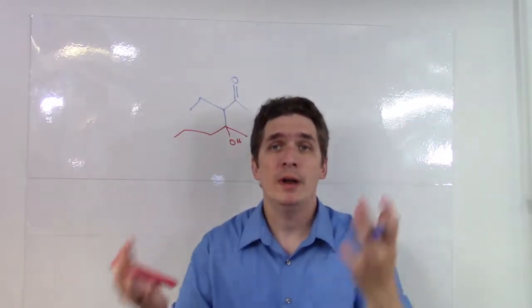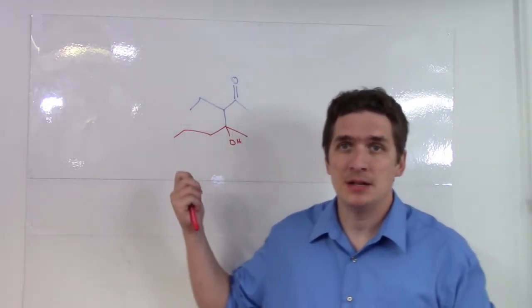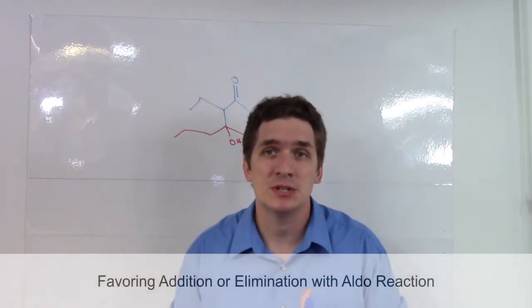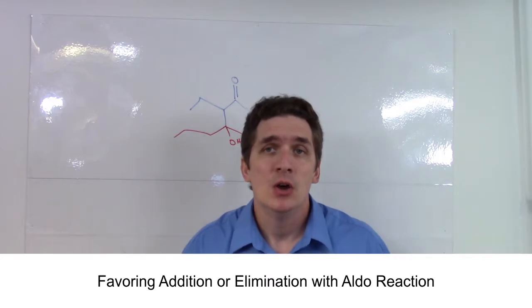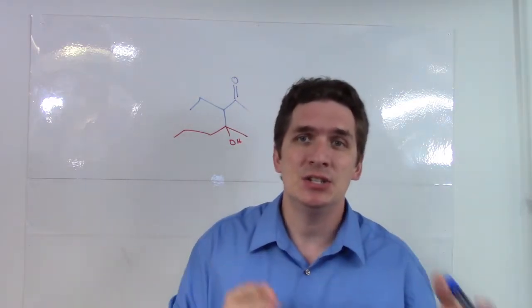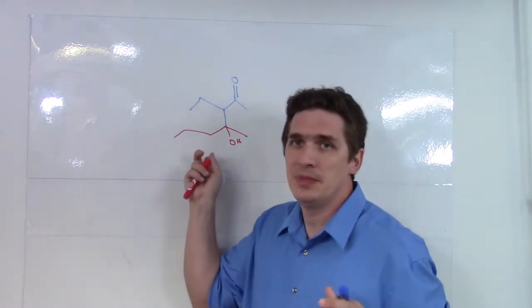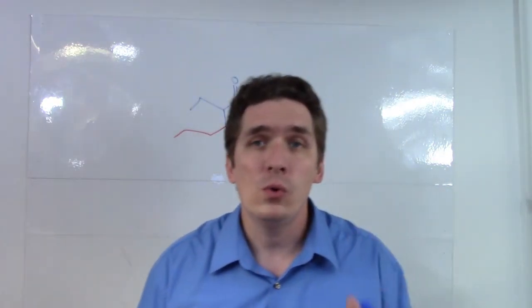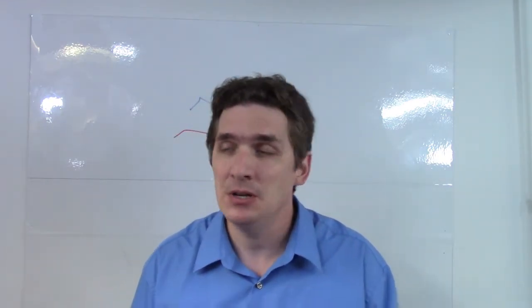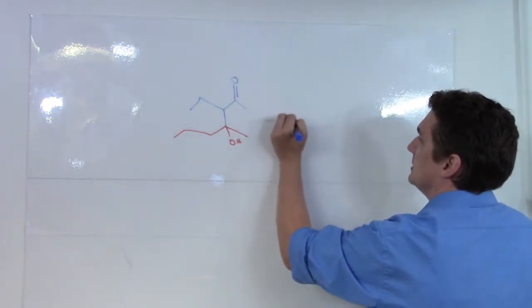So, what happens next? We've made our compound and we want to know what's going to happen. And I said it depends on whether you work in acidic, basic, or neutral conditions. Well, there's two things that can happen. We can get the aldol addition reaction, which is where we form this happy little alcohol here, or we end up doing what's called the aldol condensation. And the aldol condensation results in this OH group disappearing, and we end up forming